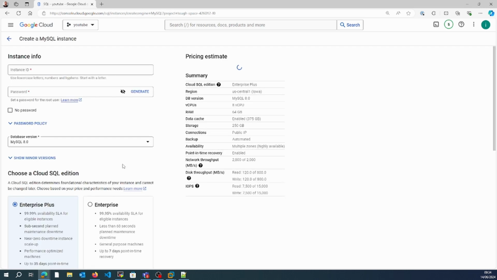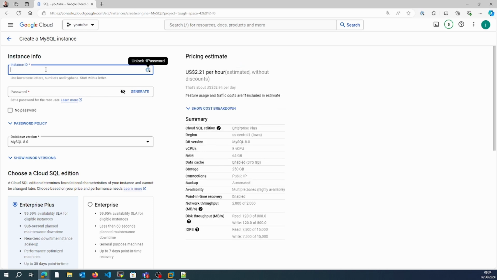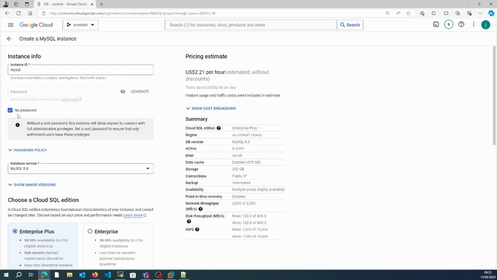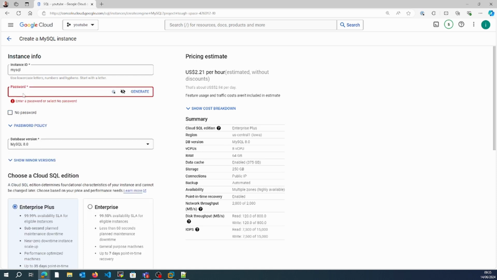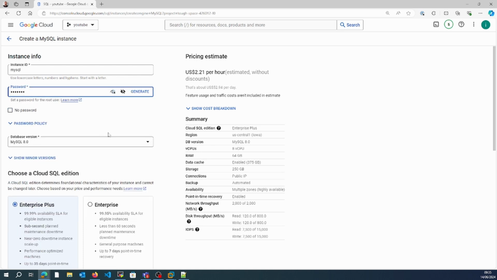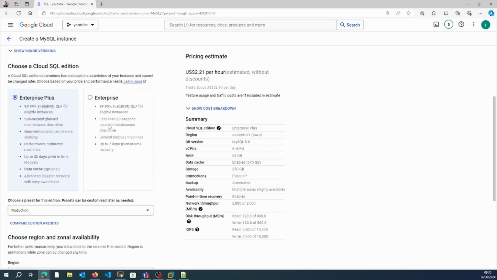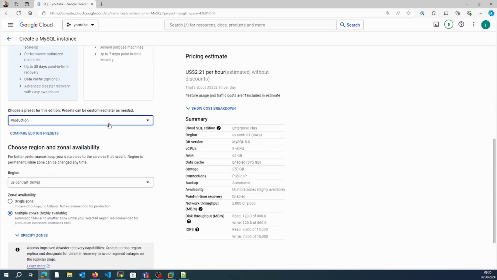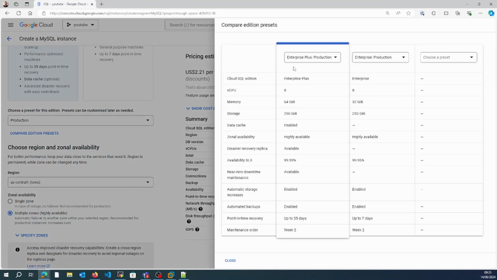Choose MySQL. You can give any name, and a password, or you can specify no password as well. But I'll just give one password. Here you can have a comparison of what kind of edition you want. It is a production